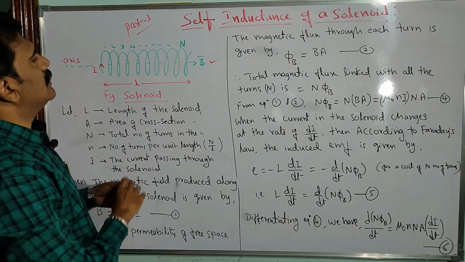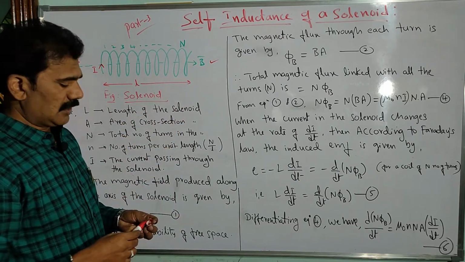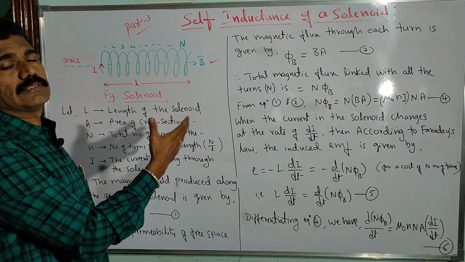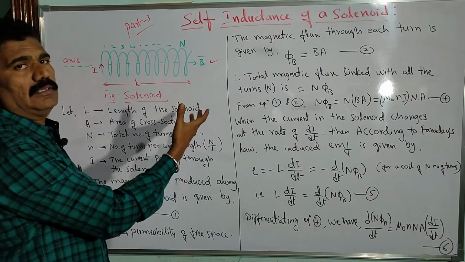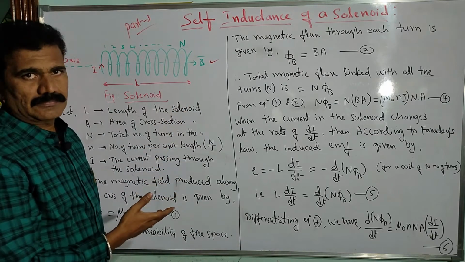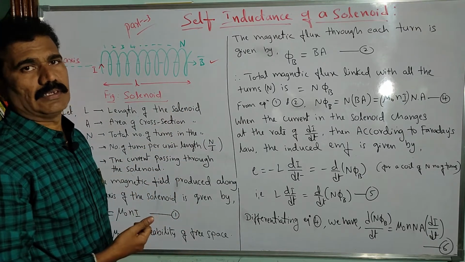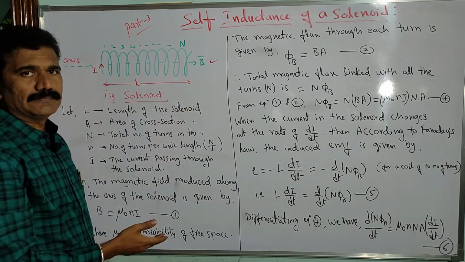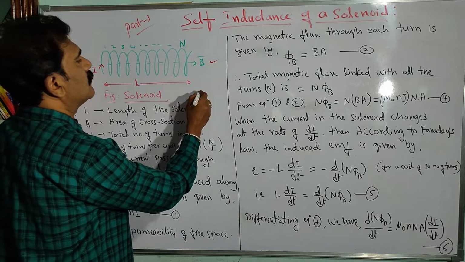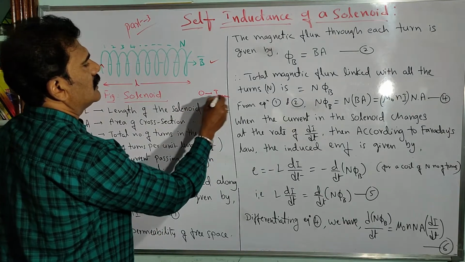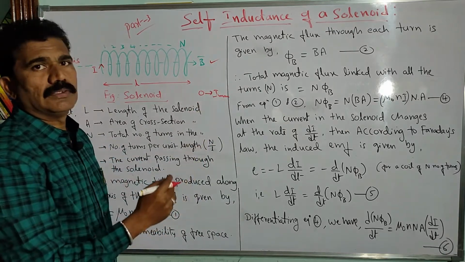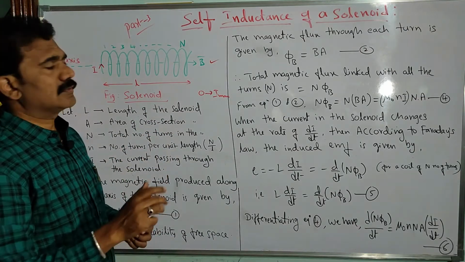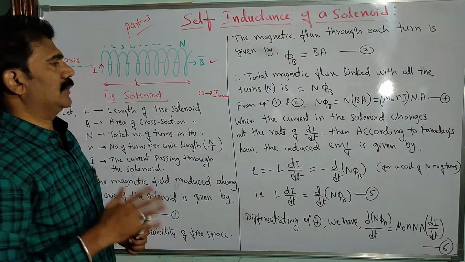And also a certain EMF is produced in the coil. As you know, according to Faraday's law, some EMF is produced in the coil. That is called back EMF, right? That back EMF produced in the coil is against the flow of current. That is according to Lenz's law. You know that already. According to Lenz's law, the back EMF always opposes the growth of the current. That means if the current is increasing from 0 to maximum, during that growth of the current there will be opposition to the flow of current by the induced EMF in the coil, correct. These are all concepts we have already discussed in the previous videos.